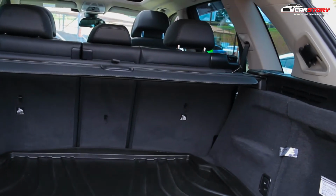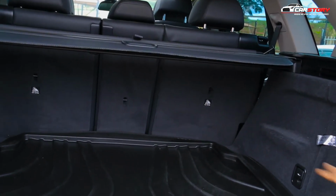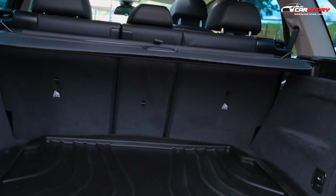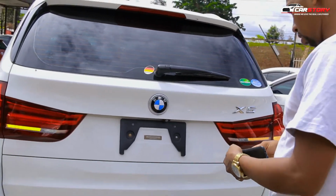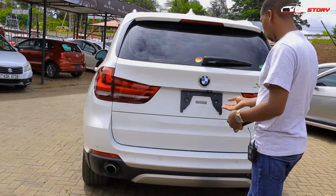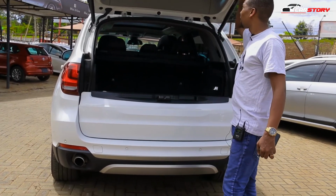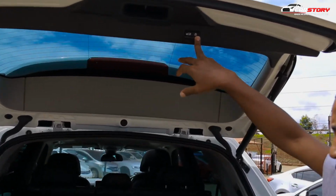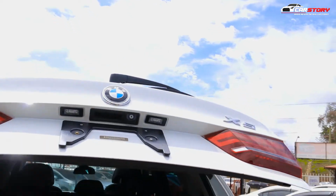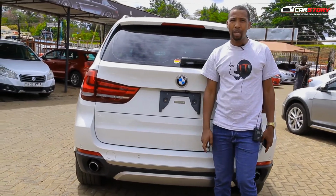And for me, the space is enough, it is sufficient. Of course, it's an SUV, so the space is enough. It is as much as anyone would ask. So the trunk is electric. When it is open, you can use this button to close. Yeah, like that. And that's it for the BMW X5